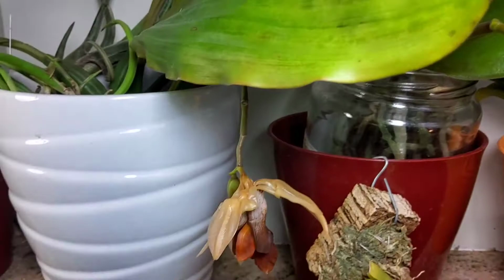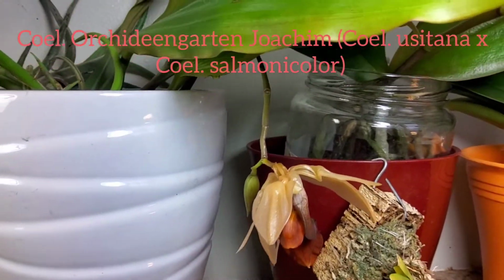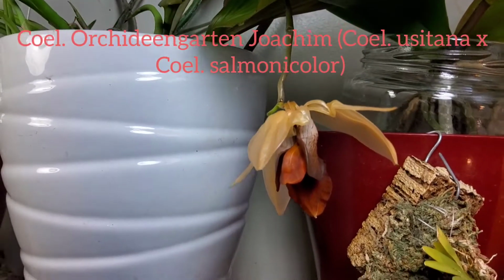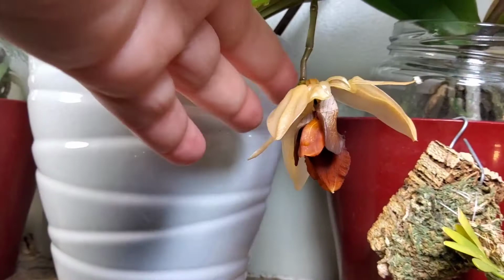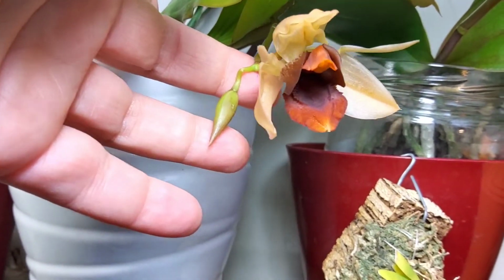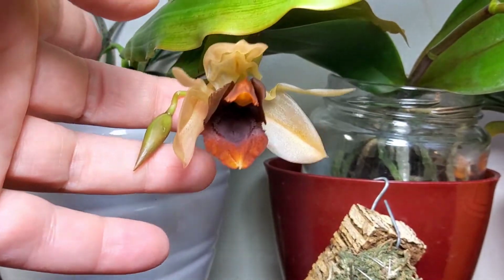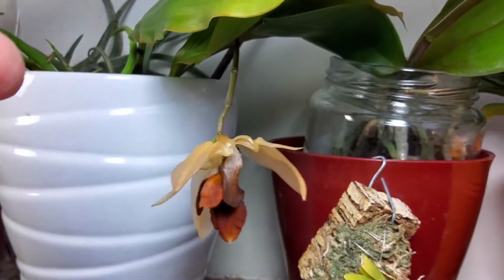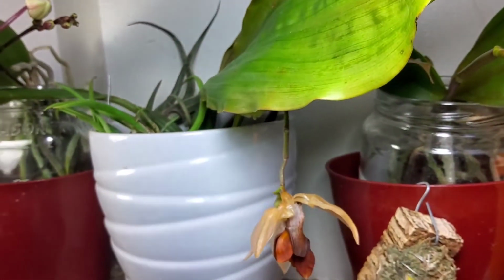Next up is my Coleogyne usitana times Samonicolor, which you've seen before, but now it's on its third flower, and these flowers are lasting about 10 days, as they did before. And as you can see, there's another bud in the back, which will be the last. So after that, the plant will go dormant, and it should form a new pseudobulb sometime in the summer and